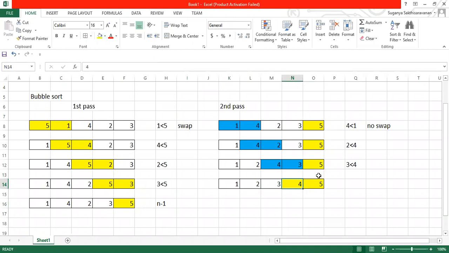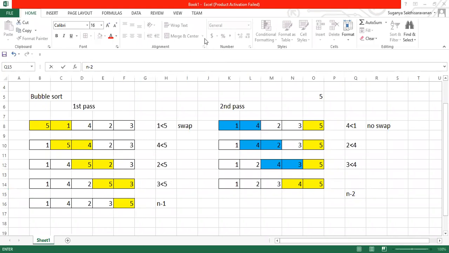Here for how many iterations am I doing, what is the size of it? 1, 2, 3, 4, 5, 6. So how many iterations am I doing? Just by doing 3 iterations, I'm finding out. Here in case of the second pass, how many iterations am I doing? N minus 2. So in the first iteration, N minus 1 iterations to bring the highest value to the appropriate position. In case of the second iteration, I'm doing N minus 2 iterations.